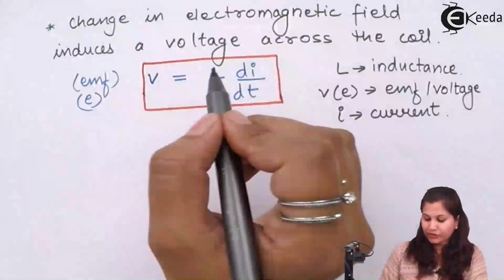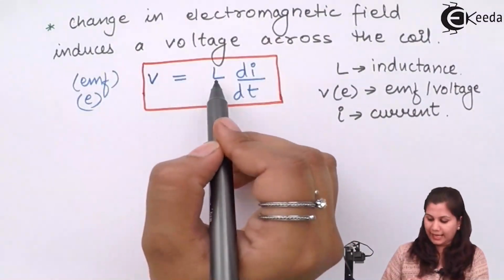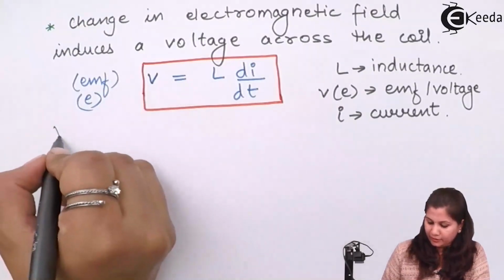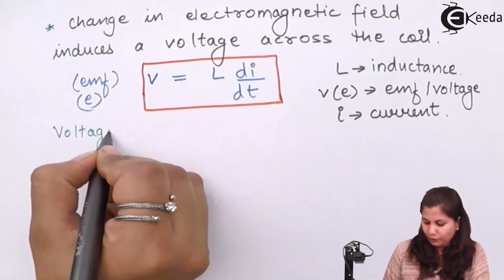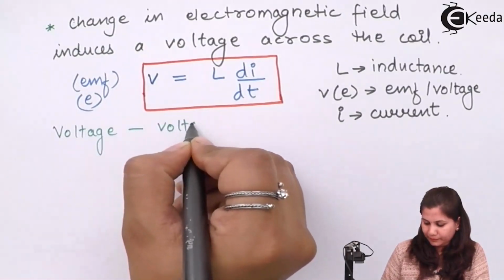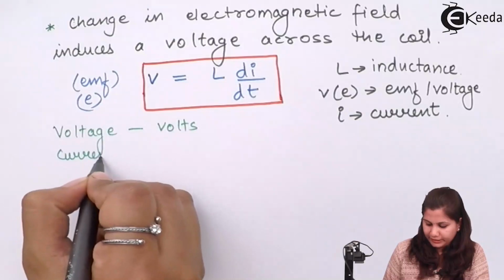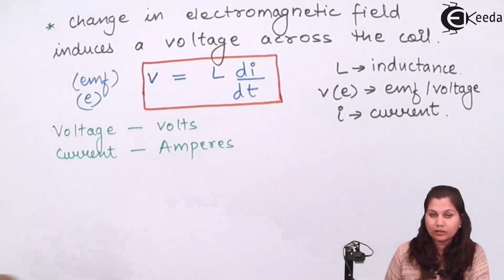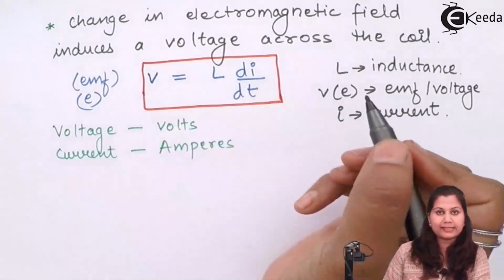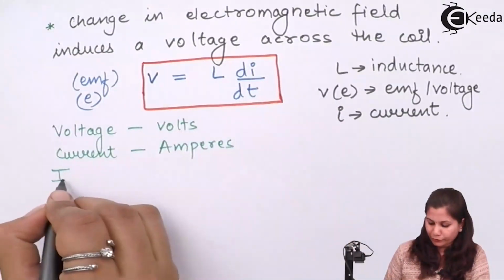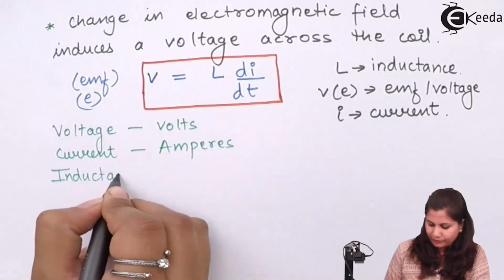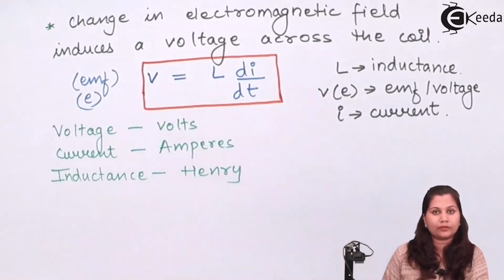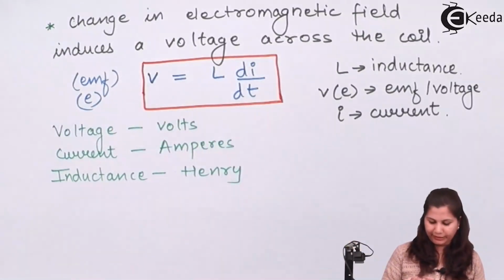So from this equation we can define the inductance. Here we know that the unit of voltage is volts, the unit for current is amperes. So we can define inductance as, the unit for inductance is Henry. So 1 Henry can be defined as